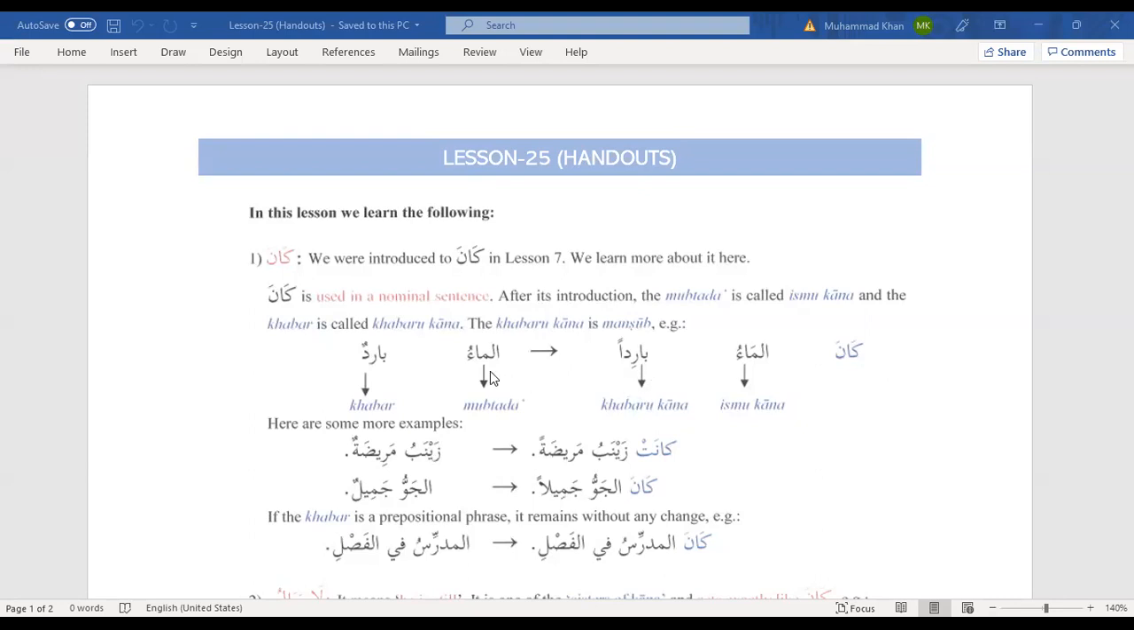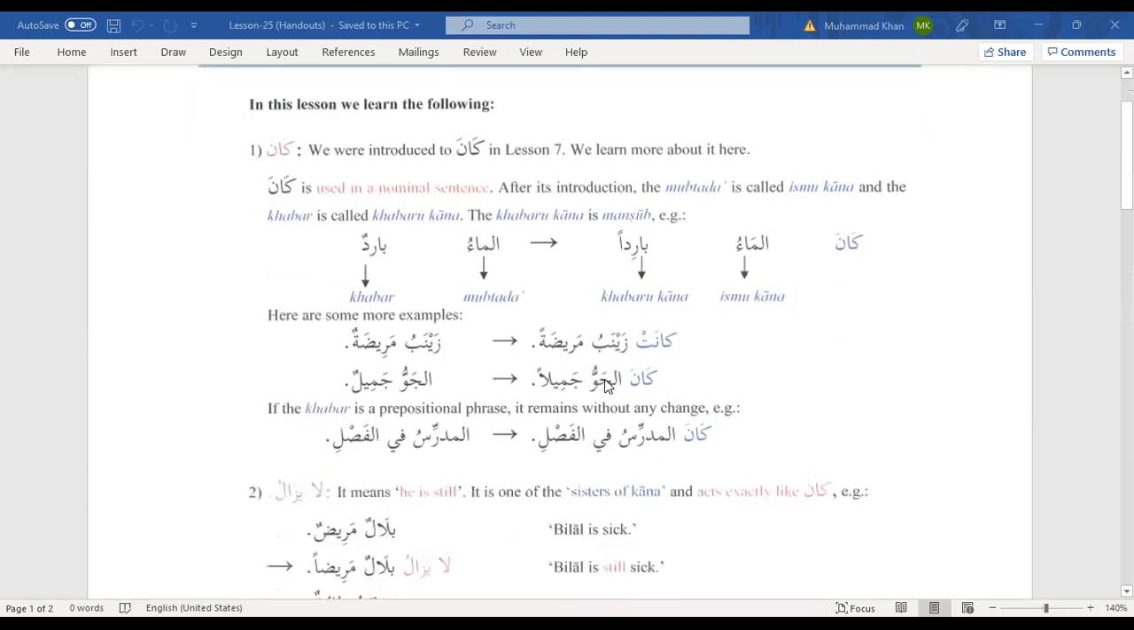For example, we say al-ma'u baridun, water is cold. And when we add kana, it will be kana al-ma'u baridan, the water was cold. So the meaning has changed, as well as the i'rab of the khabar has also changed, and it has become mansoob. And for the feminine, we know that kana, and we will use the feminine verb for kana, it will